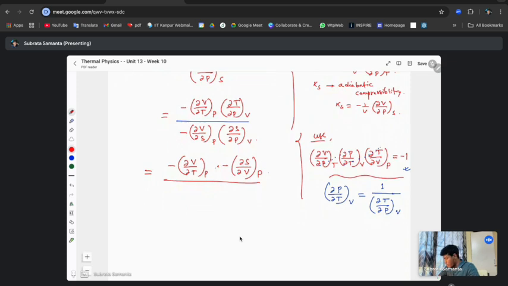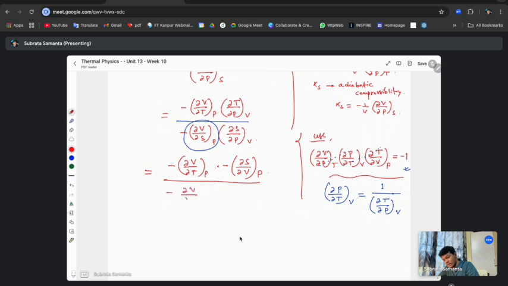Okay, so what I did here, I take this one, del V del S at constant P. I'm not using Maxwell equations here. This del V del S at constant P, I just rewrite in the numerator as del S, del V at constant P. Similarly, you can also write